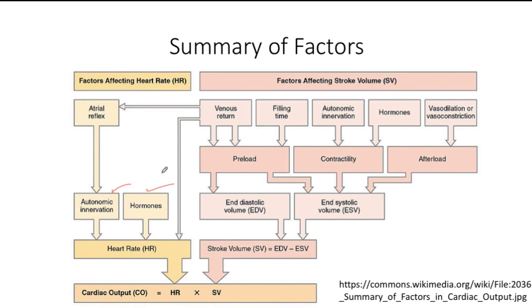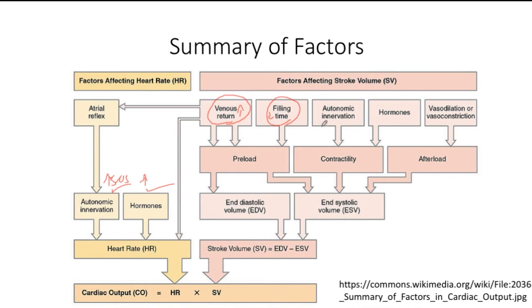In the situation of exercise, we're talking about increased activity of the sympathetic nervous system and an increase in catecholamines, both equal an increase in heart rate. And then we need to worry about these factors that influence stroke volume. A big one is the increase in venous return to overcome the decrease in filling time by the ventricles. So basically, increased return helps us overcome this decrease in filling time caused by an increase in